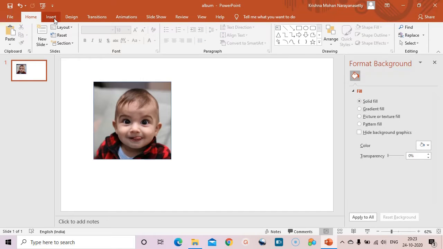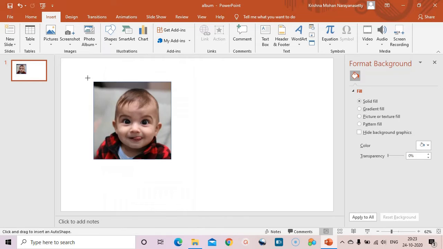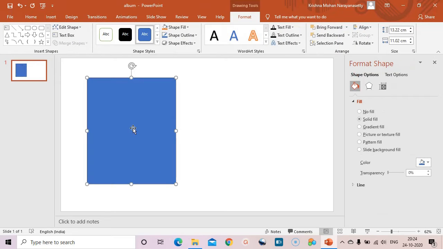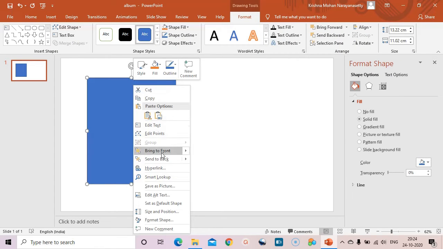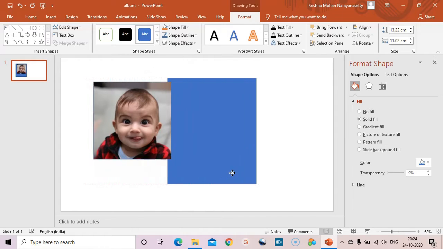Now let me draw another shape which is a rectangle, that is for the frame. So let us draw a bigger one, bigger than this. So it is coming to the front, right click, send to back. Then I'm just pulling it out.